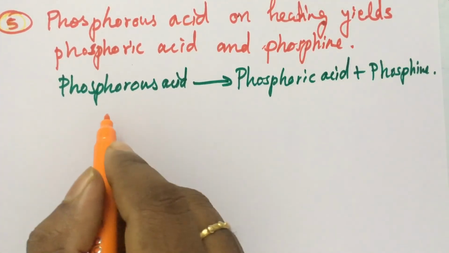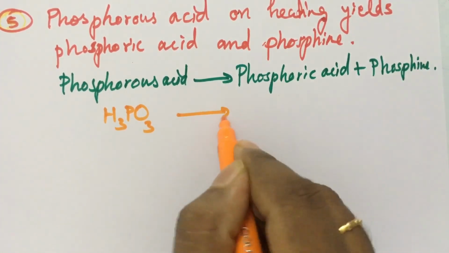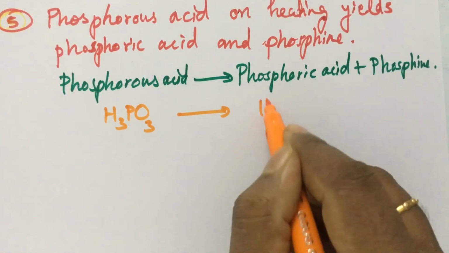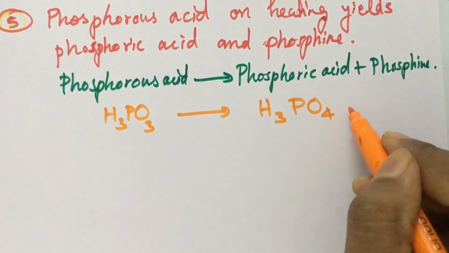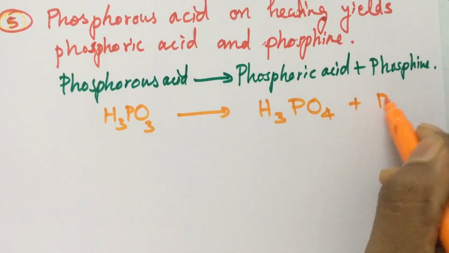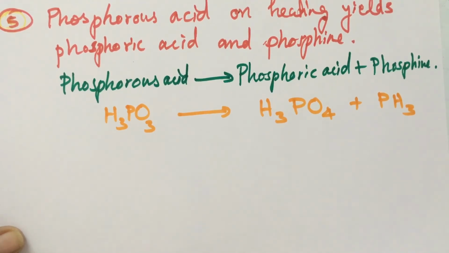So phosphorus acid is H3PO3 gives phosphoric acid H3PO4 and phosphine, whose formula is PH3. On balancing, since oxygen occurs in the minimum places,